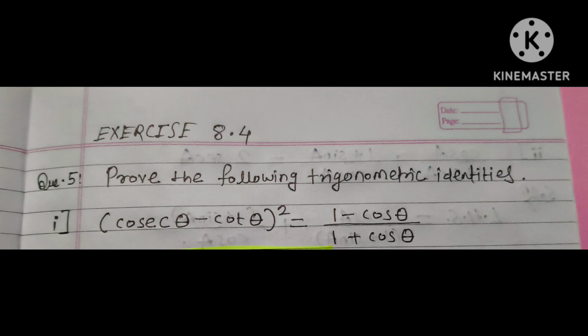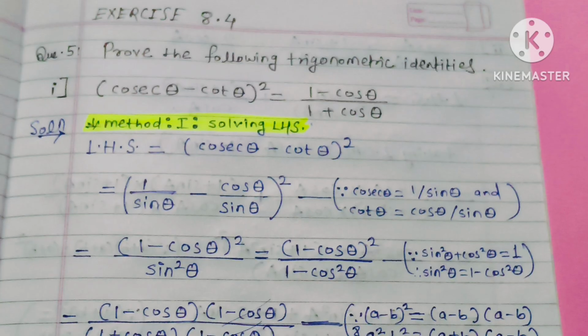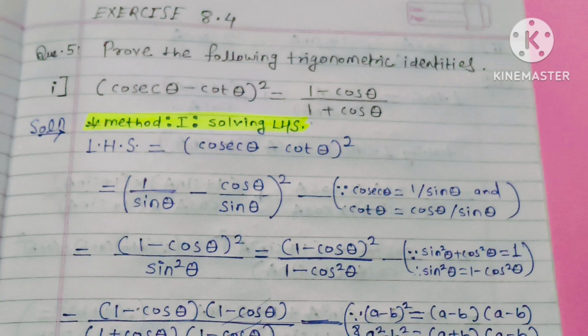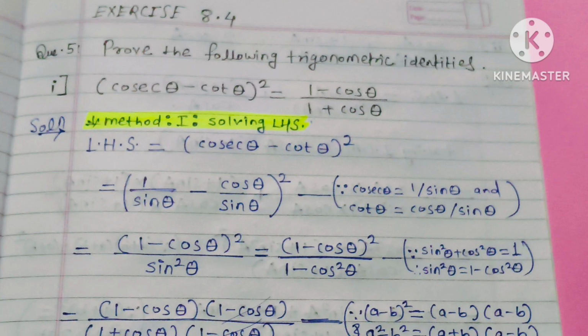So let's go ahead and prove the following trigonometric identities, which is given in question 5 under the exercise 8.4. So first is (cosec theta minus cot theta) whole square is equal to (1 minus cos theta) divided by (1 plus cos theta). I have given you both the methods to prove it,